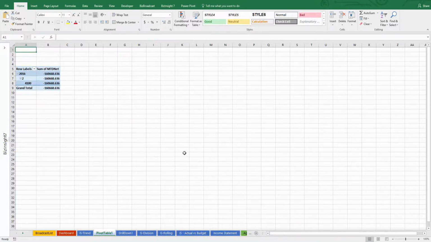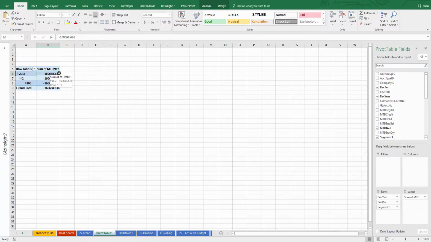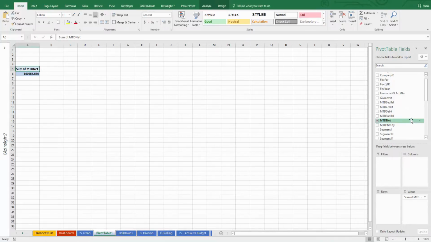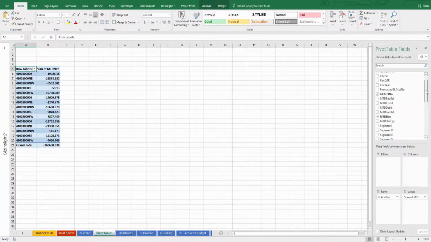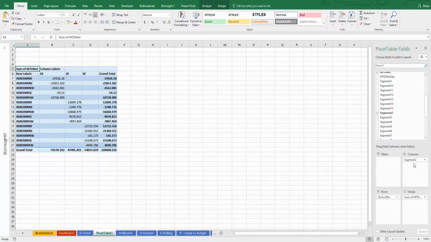Notice that when I click on the pivot table, my field editor comes up, and now I can do all the things that users like to do with pivot tables. For instance, I can clear out these fields, and then select GL account number as my row header, and then segment 2 as my column header. Notice that when I do that, I can set up the pivot table to look exactly the way that I